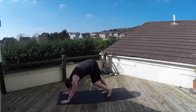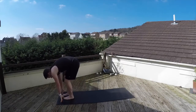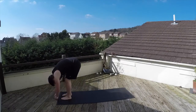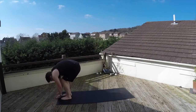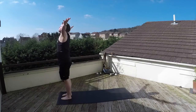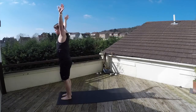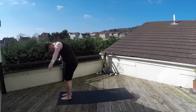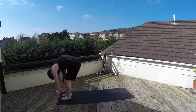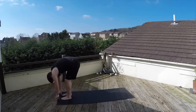Again, make your way to the top of your mat, that soft forward bend. Big inhale brings you up one notch at a time. Stretching through those fingertips, and as you exhale, all the way back down again, nice and easy on your body, no tensions. Okay, so